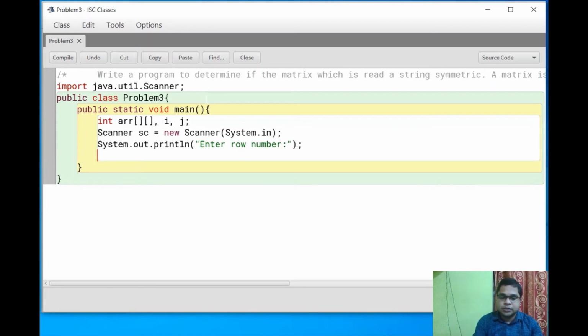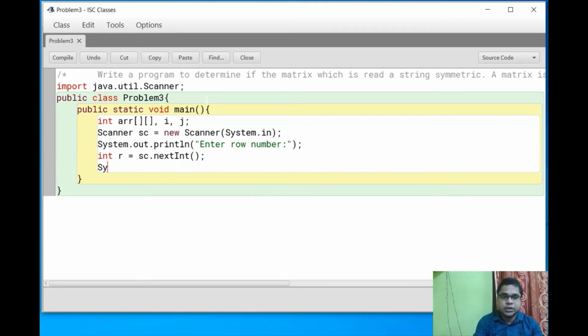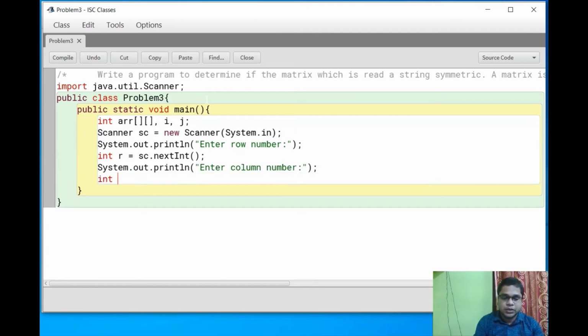So here I am taking another variable r is equals to sc dot nextInt. Now I am giving another statement, println enter column number. So int another variable c that is equals to sc dot nextInt.